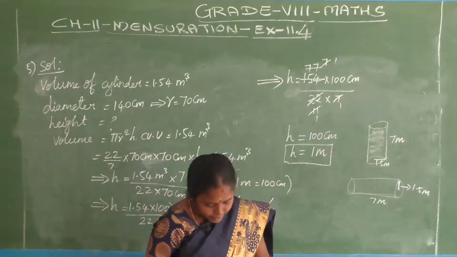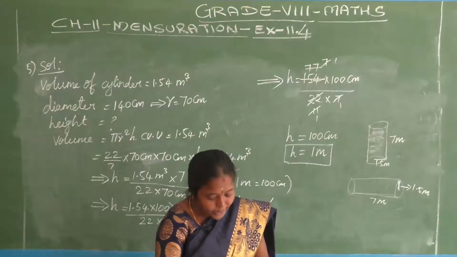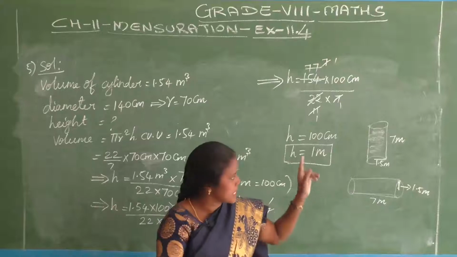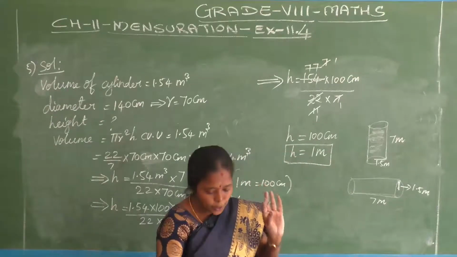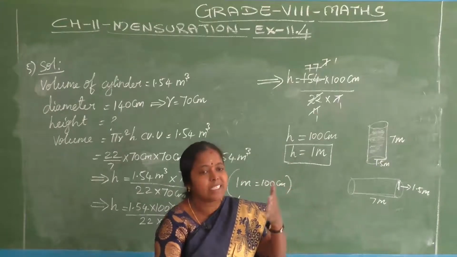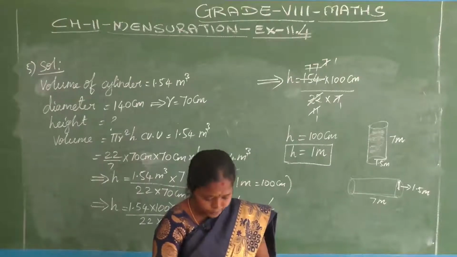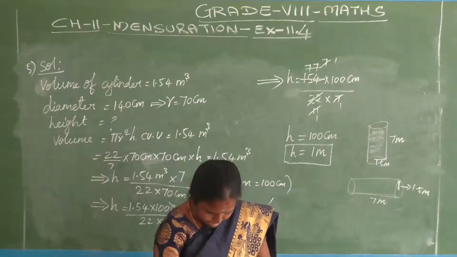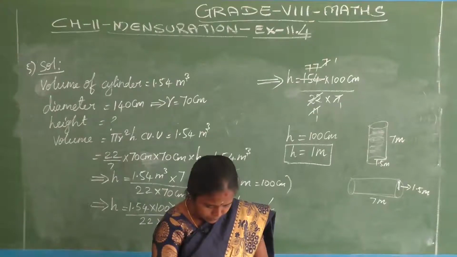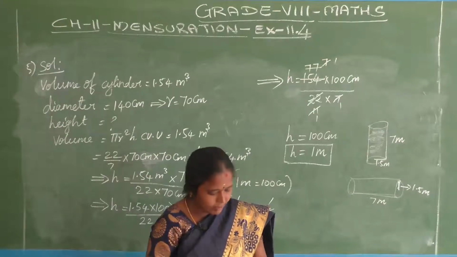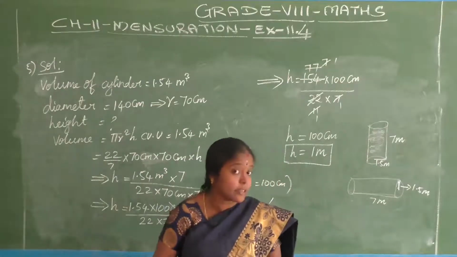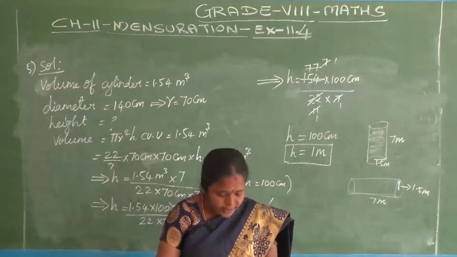Then they are asking in liter: find the quantity of milk in liter that can be stored in the tank. So what you are going to do, first of all find its volume in cubic units, then change into liter, conversion work. In the beginning of the session I told the relationship between cubic units and liter, no? Yeah, 1 meter cube equal to 1000 liters. So into 1000 you have to do. Final answer you must get in liter category. Okay, that's all. You try yourself.